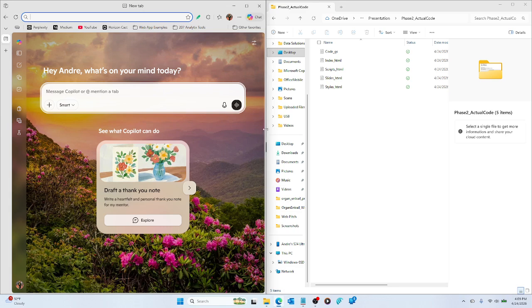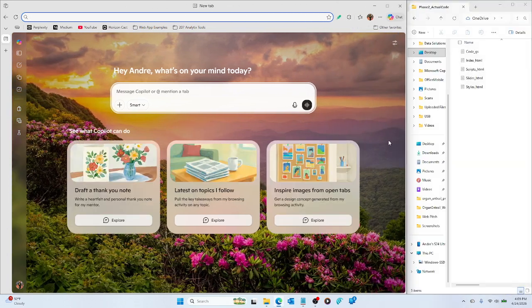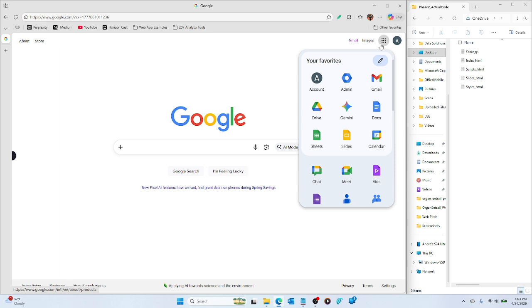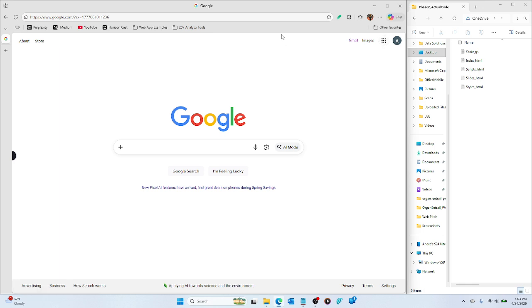Let's give this a little more space. Make sure that we're in the Google account that we want to use to launch this stuff from. It doesn't really matter at the end of the day, but in my case, I want to be using this account, so I will use it. So once you're sure you're logged into that,